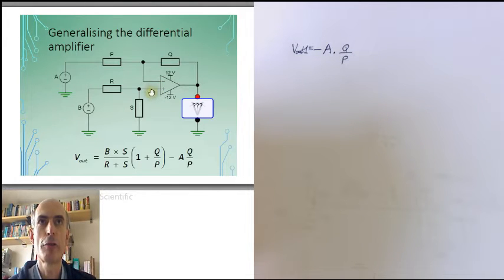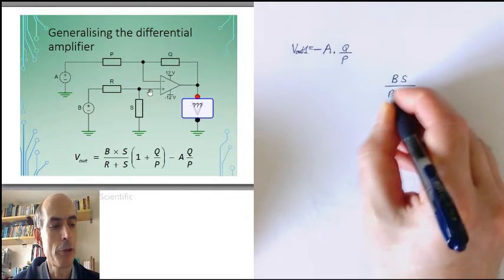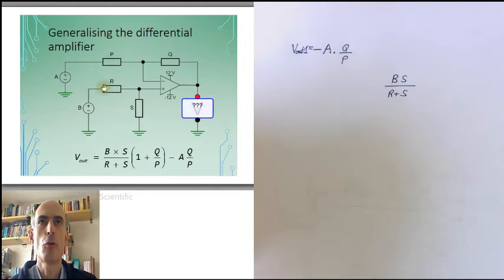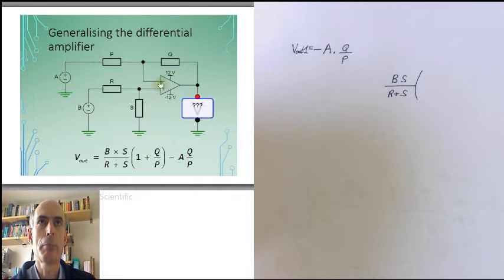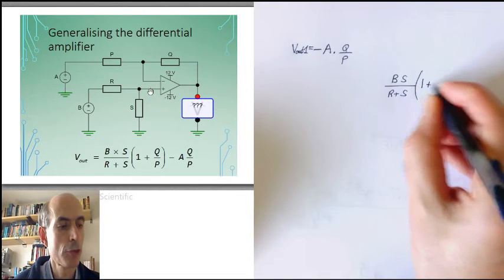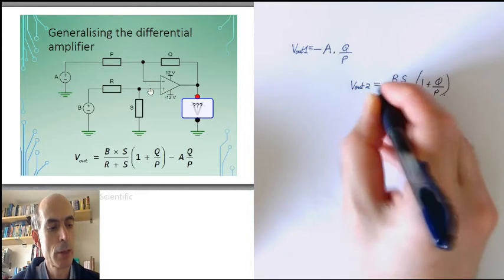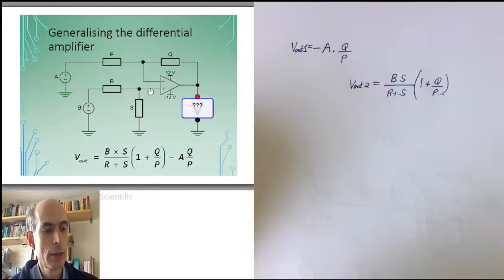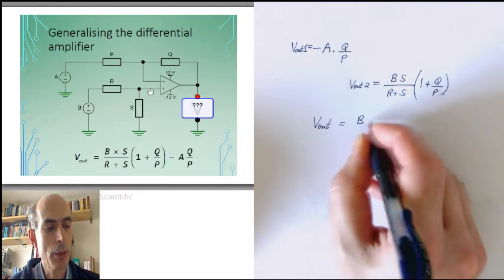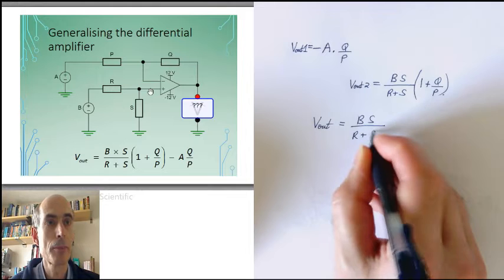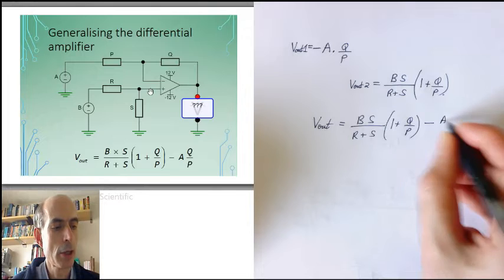The voltage on the non-inverting input there would be B times S over R plus S, the potential divider formula again, multiplied by the gain of the non-inverting amplifier, which is 1 plus Q over P. And that's my second contribution to the output voltage, which I'll call Vout2. So the total output voltage of this circuit would be B times S over R plus S times 1 plus Q over P minus A times Q over P,